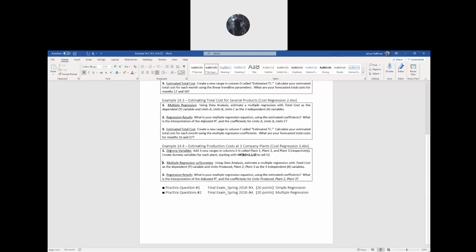Okay. Now let's set up the range to do a multiple regression. What we're going to do is use multiple regression where we have total cost as the dependent variable, or the y variable again, and then units produced, plant 2 and plant 3 as the independent variables. You can see here that we're specifically not going to include plant 1